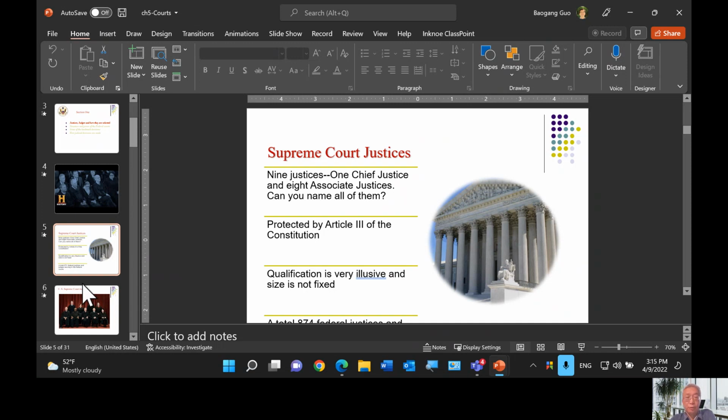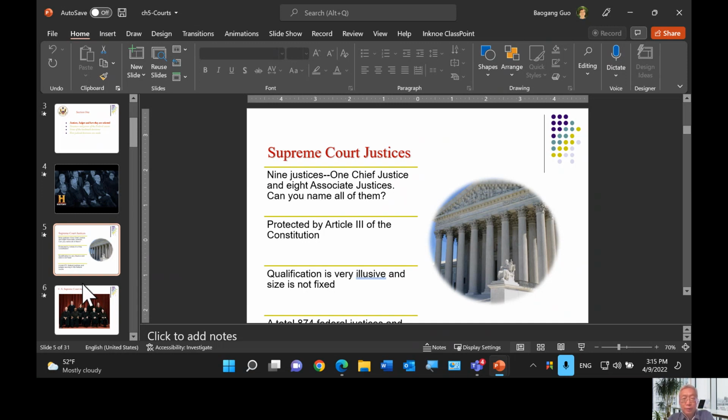As I mentioned before, the number 9 is an odd number, but it's not something defined in the Constitution. At one time, we had 6, and another time we had 12 justices on the bench. So in the future, if the president wants, he can increase or decrease the size of the Supreme Court.